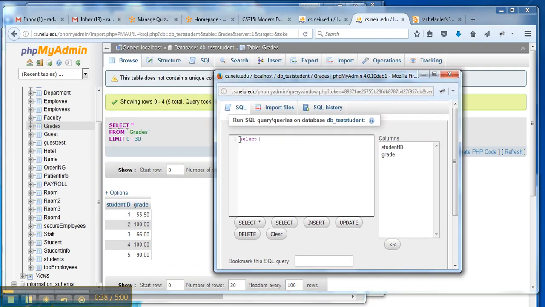So first I want the grade. Select grade from the grade table. Where what? I want to say where the student's name is Bart Simpson, but Bart Simpson is not on this table. It's in the student table, and all I have is IDs, but I don't know which ID it is. So I could do a subquery where